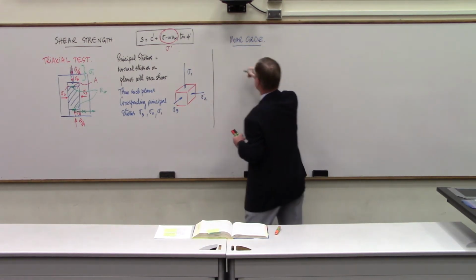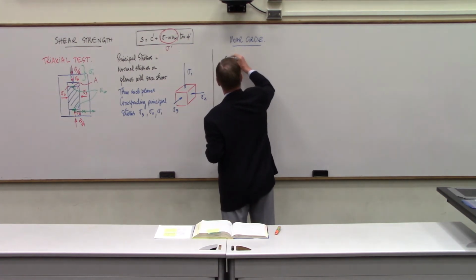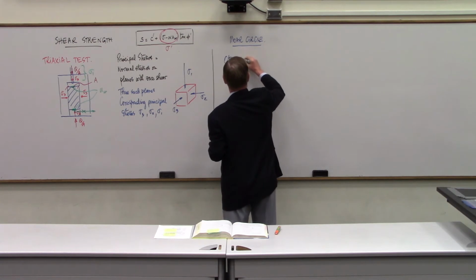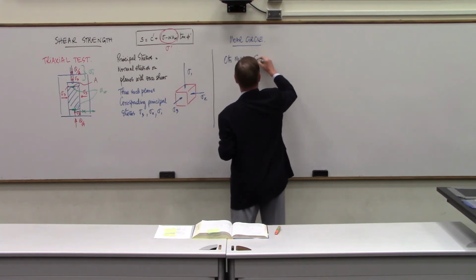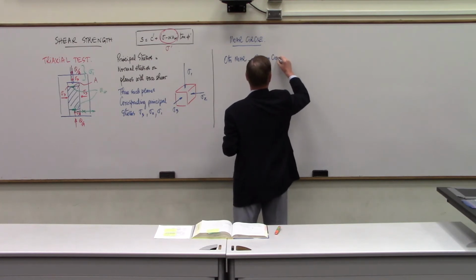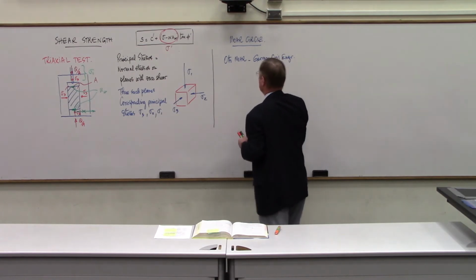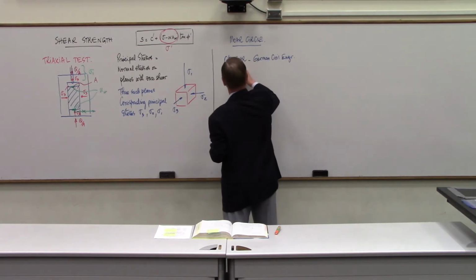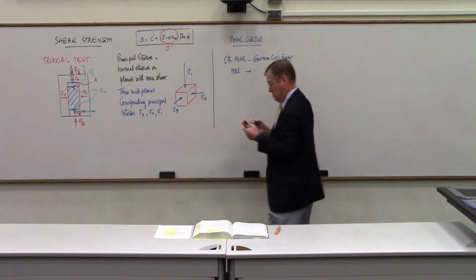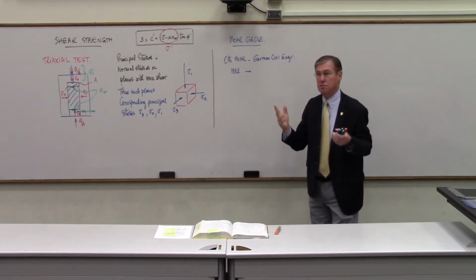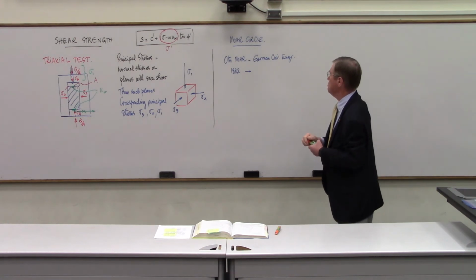So Otto Mohr, first of all, Mohr was somebody, Otto Mohr was a German civil engineer. And he did his work in 1882. Okay? And he showed, so 140 years ago, he showed that